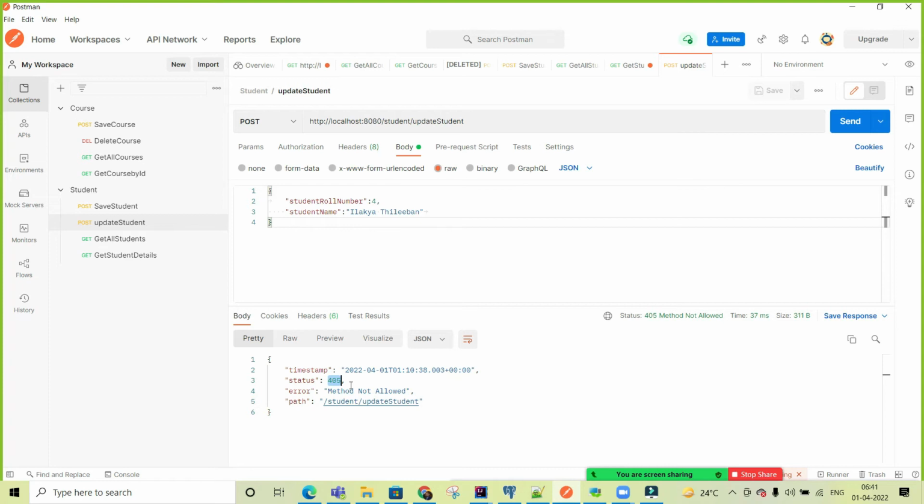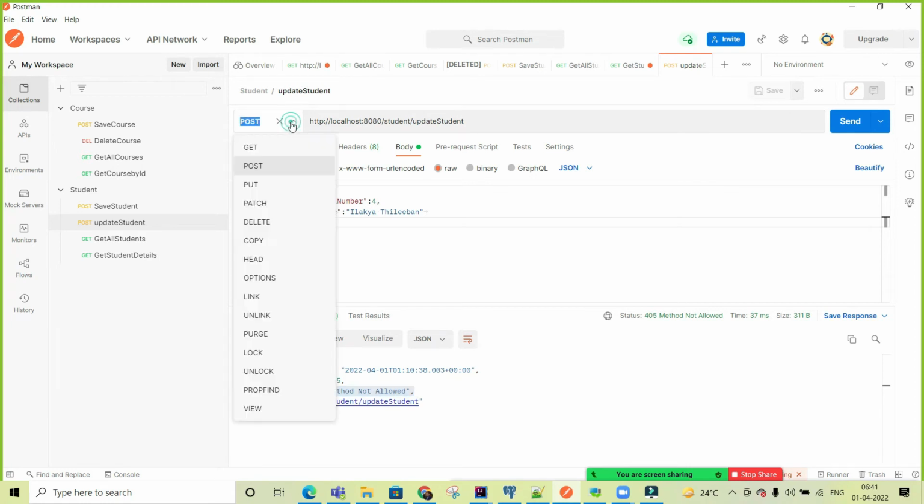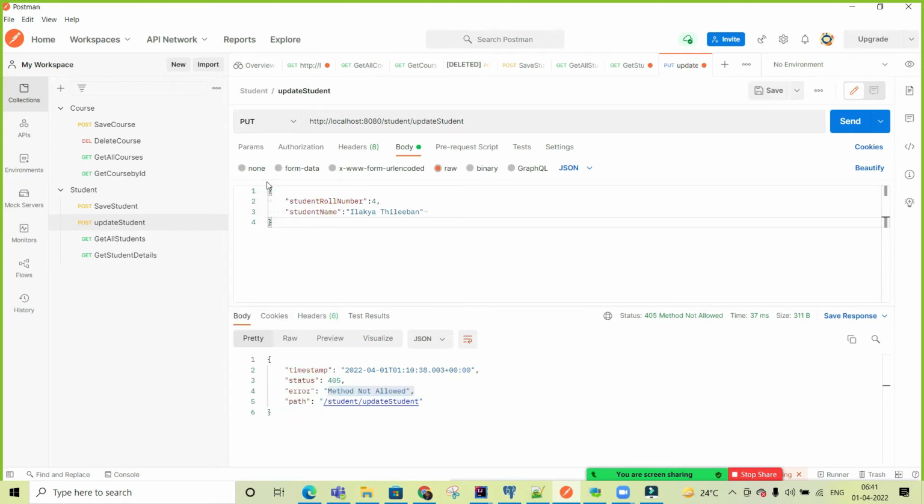So now you can see 401, method is not allowed, because this path is student update and I put the put method. If I put it over here or change to post, that is fine. If I save this one and hit, then I'm checking the value. Now the internal server error.